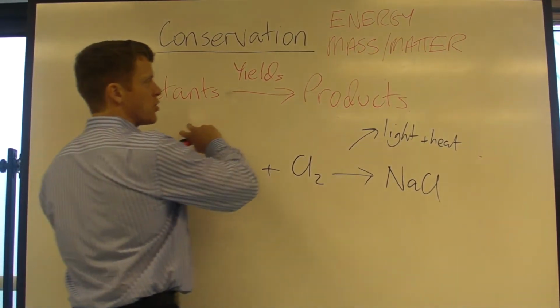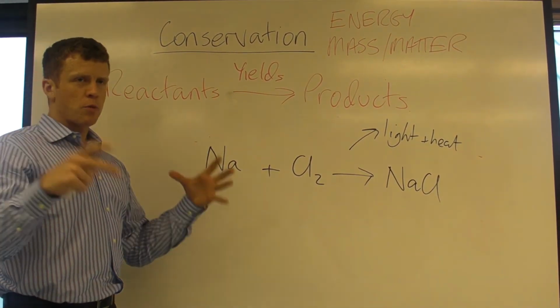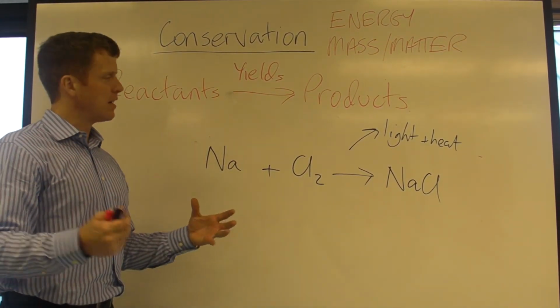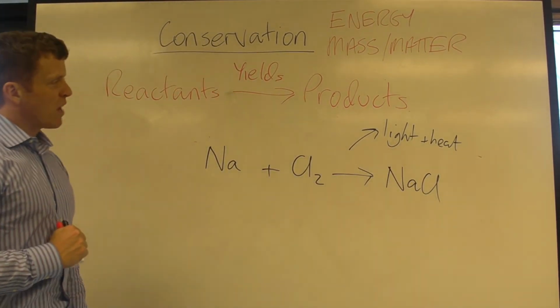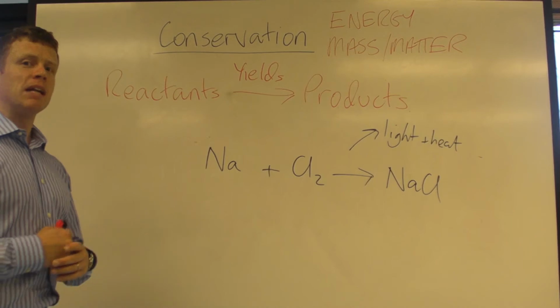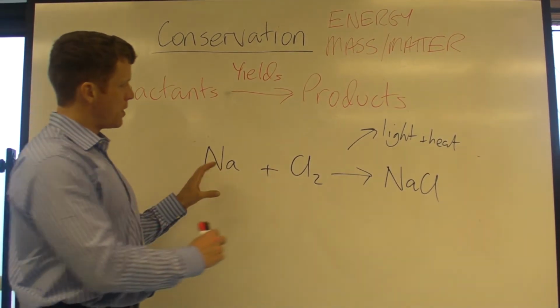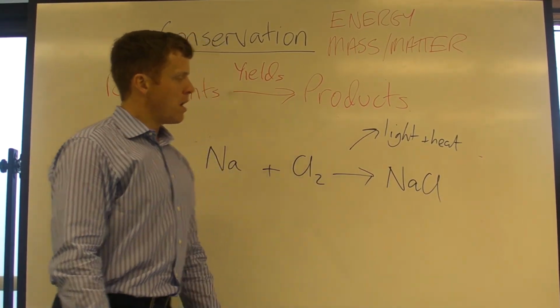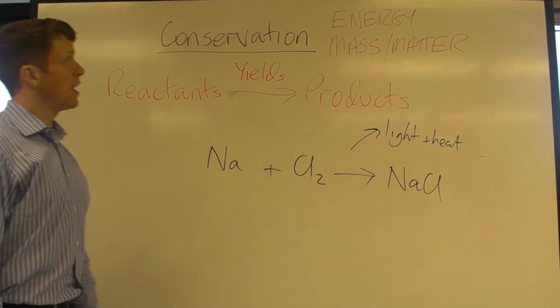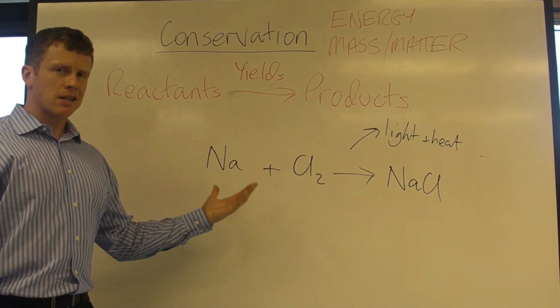So the amount of energy in this total system, if we kept it in one super airtight container that was dark, didn't let out heat or light, the amount of energy would remain the same in theory. So we didn't create or destroy any, we just transformed it from chemical energy into these different types, and then a smaller amount of potential energy over here. So the big idea of conservation, just to kind of recap it all, it's things staying the same,